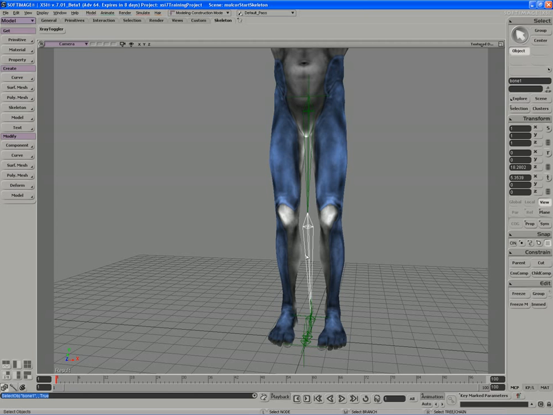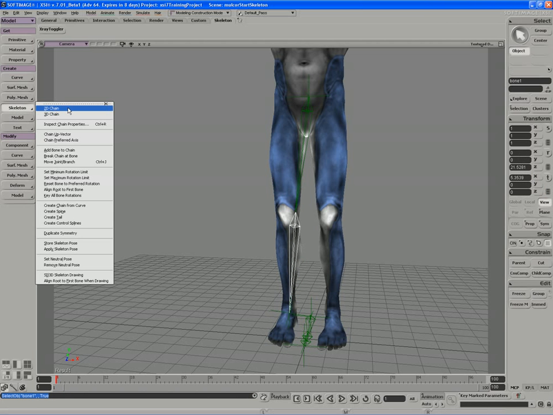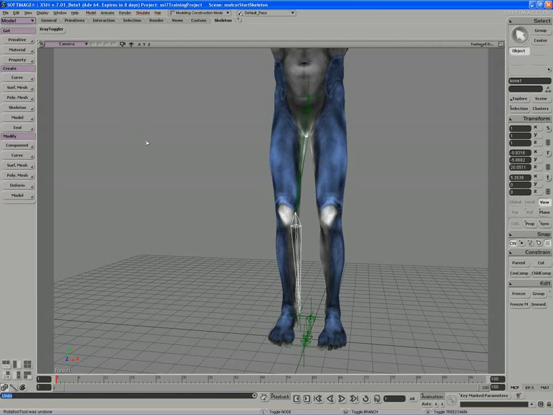So for example, if I take this shin bone, which is at 0, 0 in X, it does have values in Z, that's fine, that's what we want. If I give it some value in Y, like 11 degrees, the instant I take that IK and move it, watch what happens. It just snaps. It tries to realign itself so that it stays in a 2-dimensional alignment with all the other bones in the chain. So the rule of thumb here,